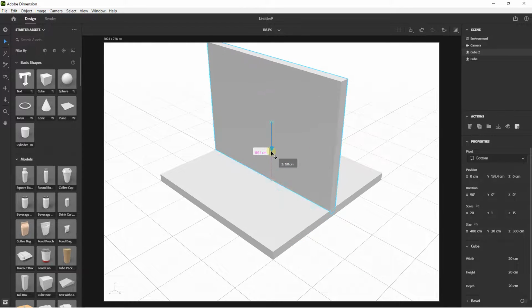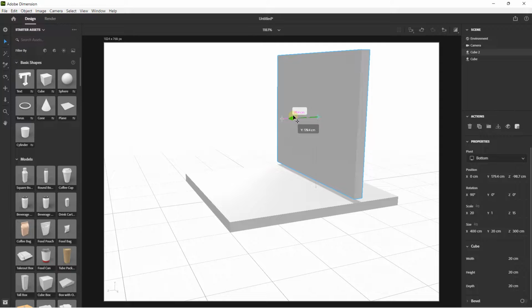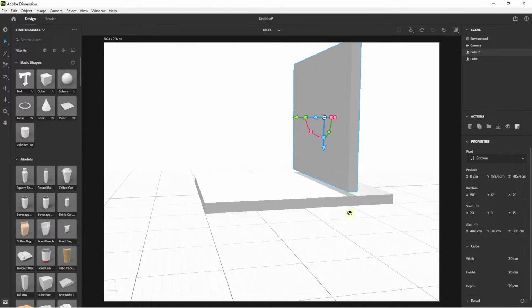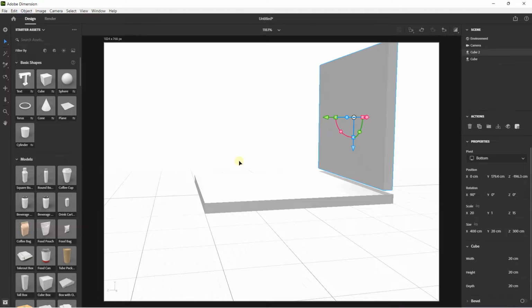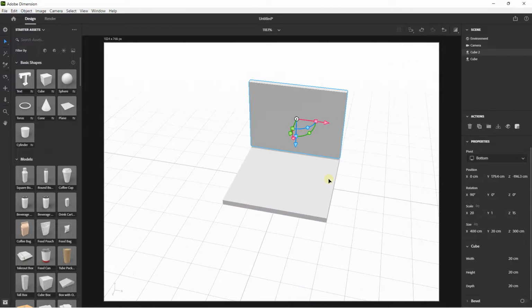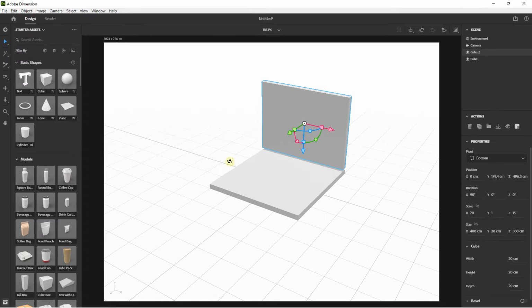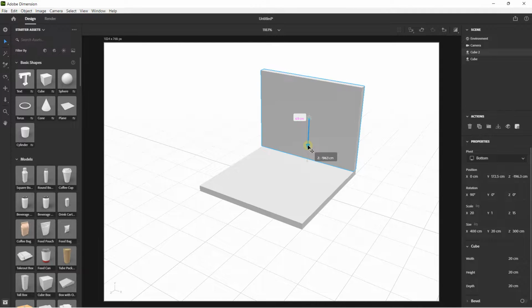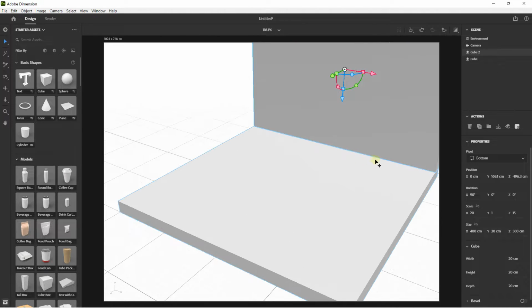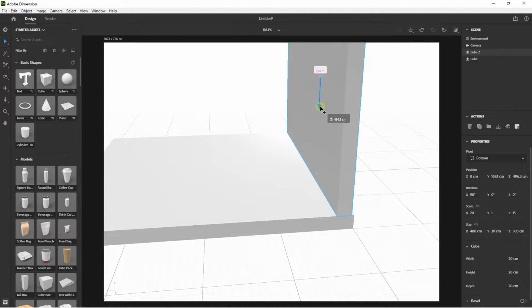Now the next step is to drag and move here, and I want to drag and move with the value of here. As you can see, I can move just like this, and let's just move a little bit also in this direction, on this area, and drag and move in this direction also. Perfect, like this. If I want to snap directly on this area, take a glance. I drag and move. Here I'm going to enter a value of 170.